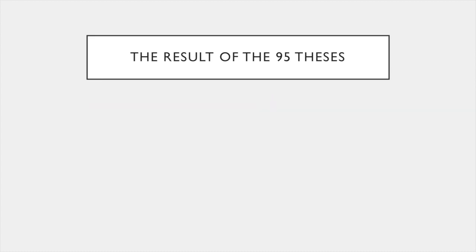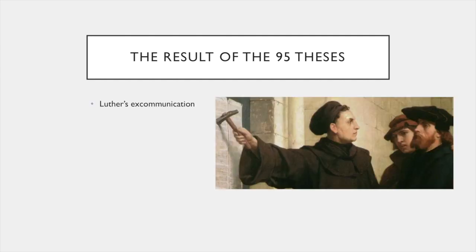So, the result of the 95 Theses, obviously the Pope condemned Luther's actions. He condemned the writings and how it was spread. Just essentially all of it. Upon reviewing his teachings, he gave Luther the opportunity to recant, but Luther refused. The blatant abuse of the Pope's power was very clear to him, and recanting would mean going against everything he believed in, including God. He was then excommunicated from the church, and it was ordered that all of his writings be burned. Everything was banned.